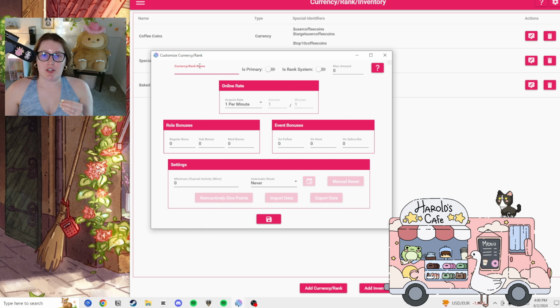And then once you save up a certain amount of music notes, you can buy a song. And then you have certain songs added to your inventory. The songs are going to be equivalent to my specialty coffees that you saw from Harold's Cafe, and the music notes are going to be equivalent to my Harold coffee coins. For music notes, you're going to select is primary, and that's going to tell Mix It Up that this is your